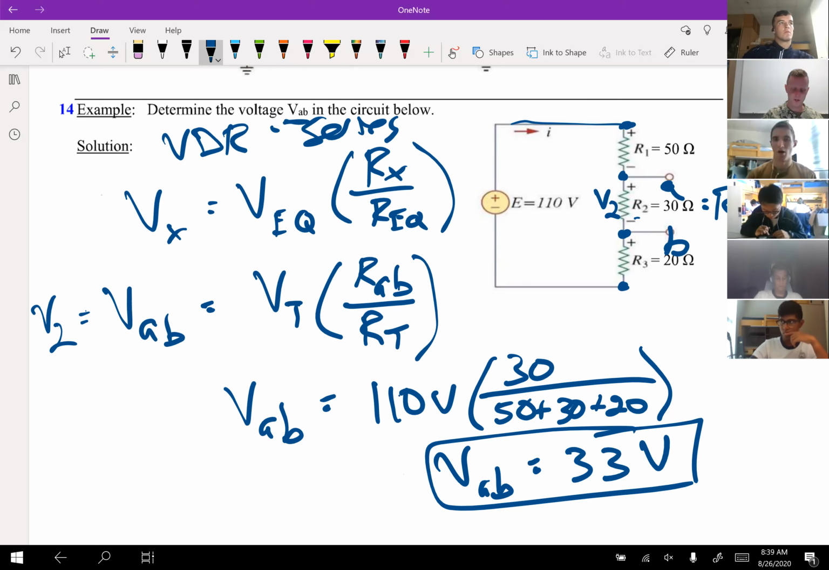So I'll pause the share again. And there is 110 parentheses 30 over 50 plus 30 plus 20 parentheses. I still have it in engineering notation, so it says 33E0, which means 33 volts. That was a longer explanation, but I think it was worth it. So that's the end of the